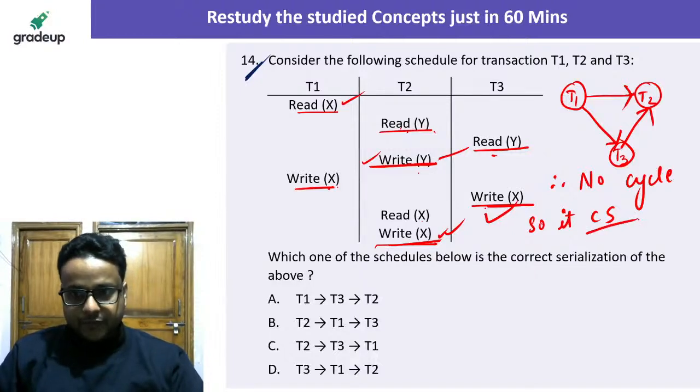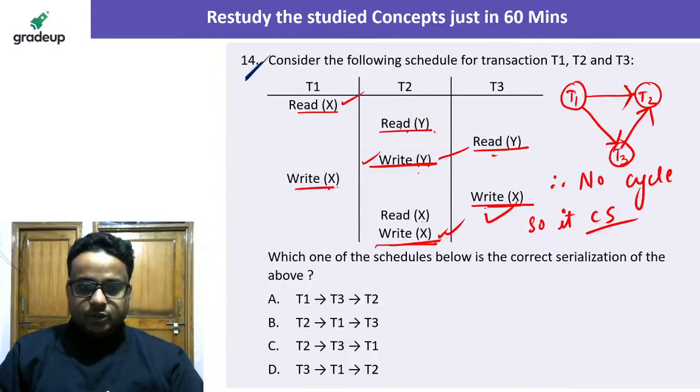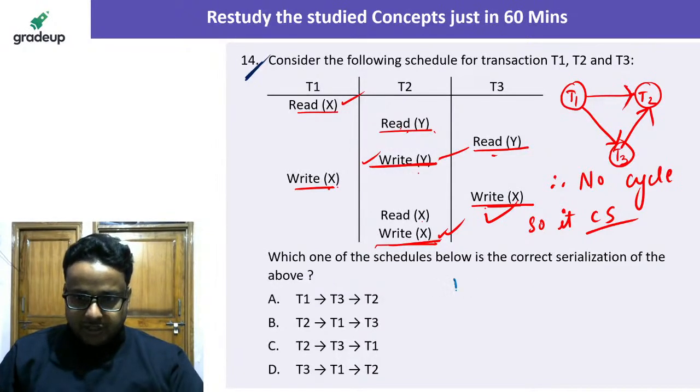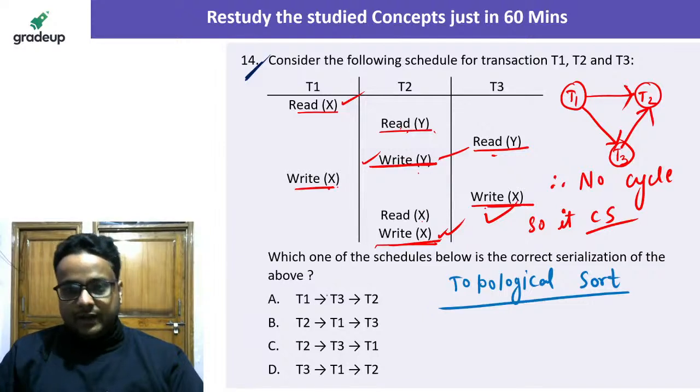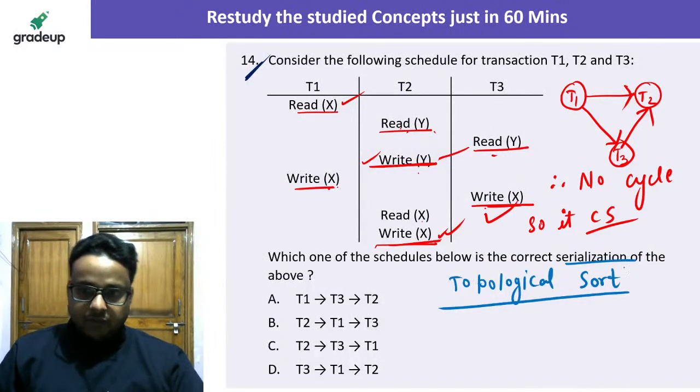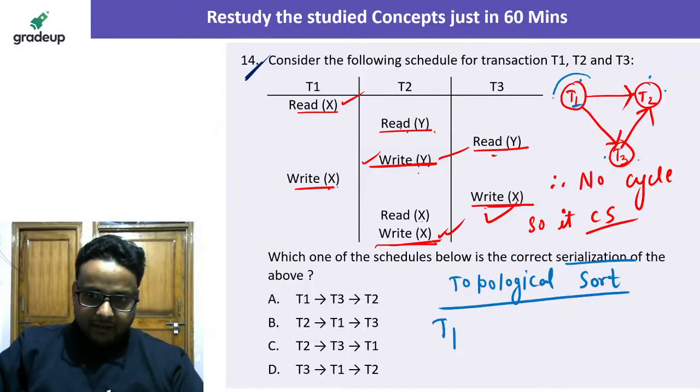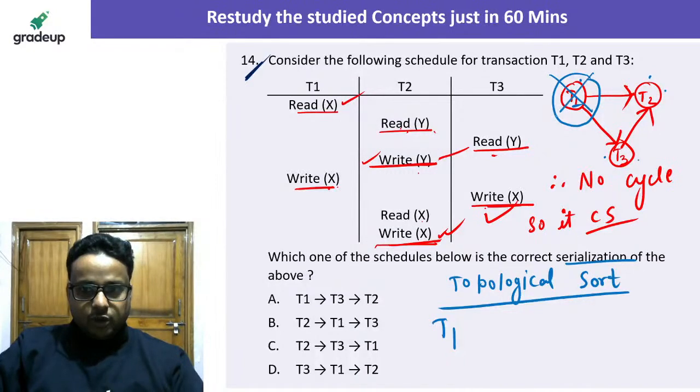so it is conflict serializable. And now because it is conflict serializable, we will perform the topological sorting. If we perform topological sorting, we'll get the serialization of the schedule. That means we look for the transaction on which we are not getting any edge. On T1 we are not having any, because on T2 we have, on T3 we have. So first we'll take T1, and when we take T1 we have to remove it,